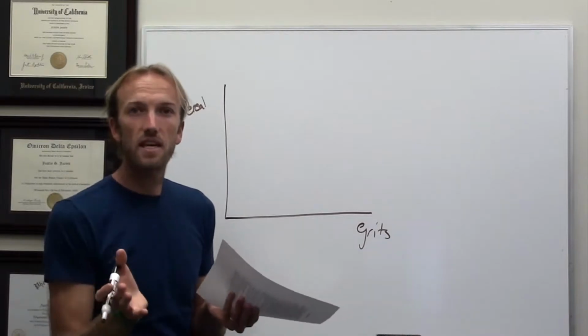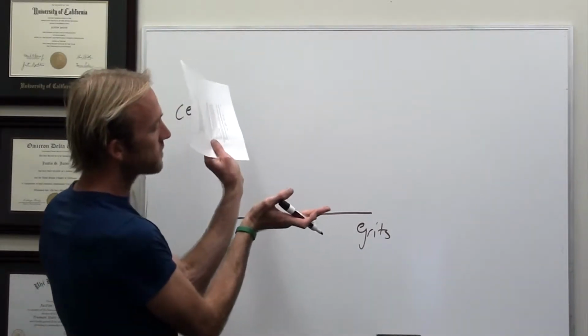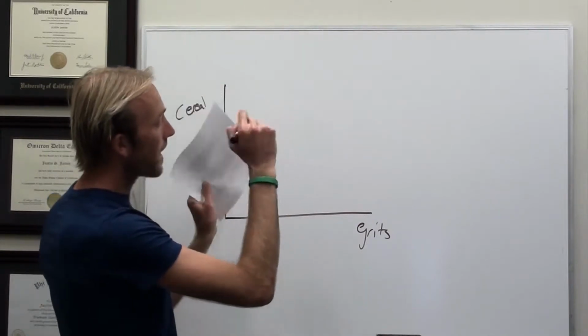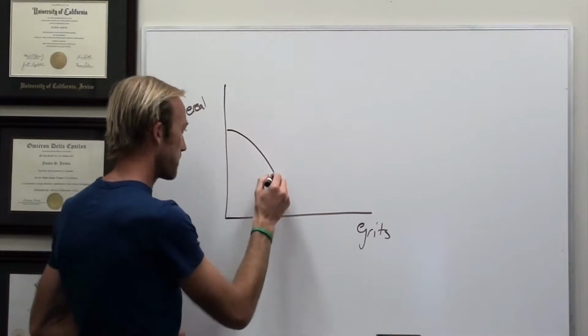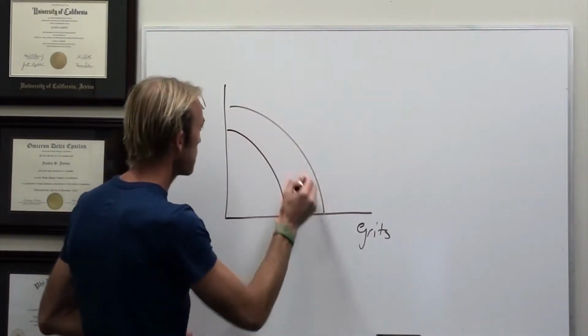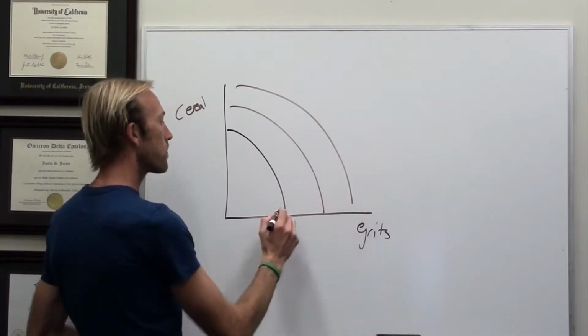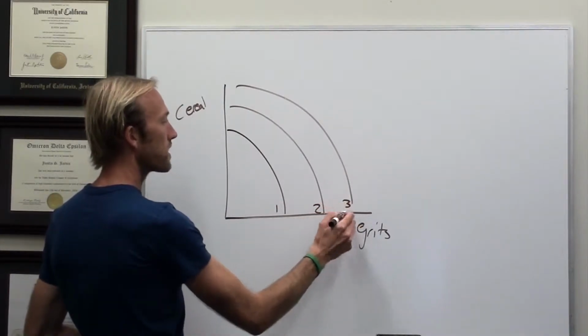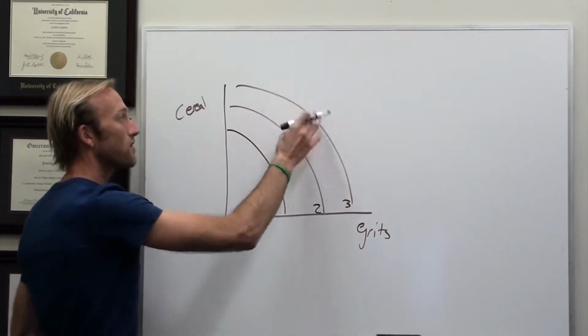So this is the opposite of the convexity assumption. Now if you recall, the convexity assumption makes our indifference curves curve like this. So the opposite of the convexity assumption is going to make the curves look sort of like this. Okay? And she still likes both of them, so as she gets more, 1, 2, 3, of either of them, her happiness level is going to go up. 1, 2, 3, but it's just that they're shaped